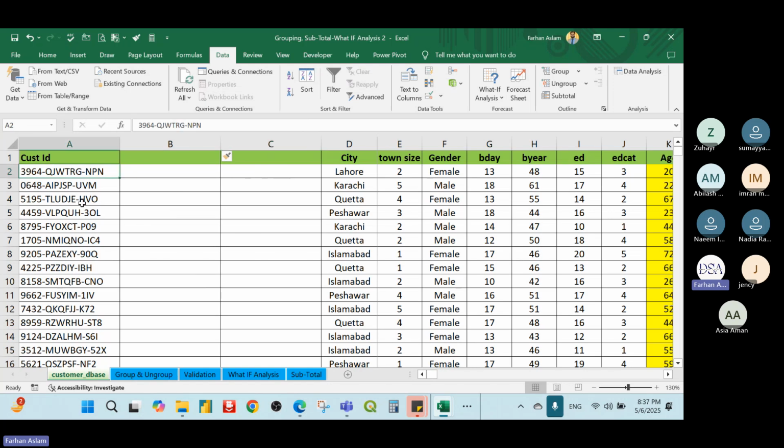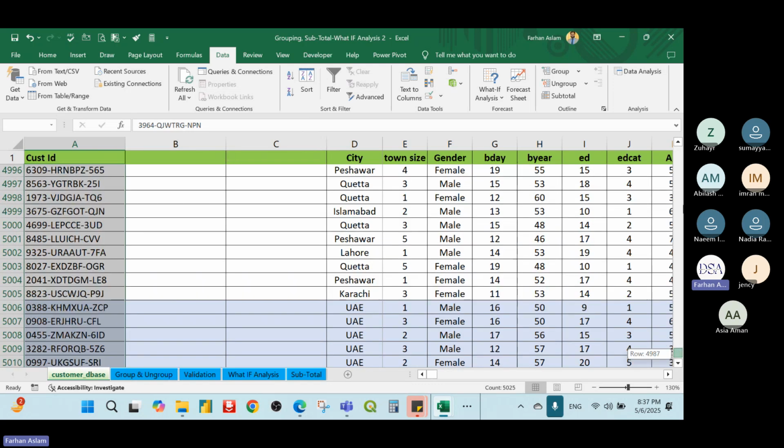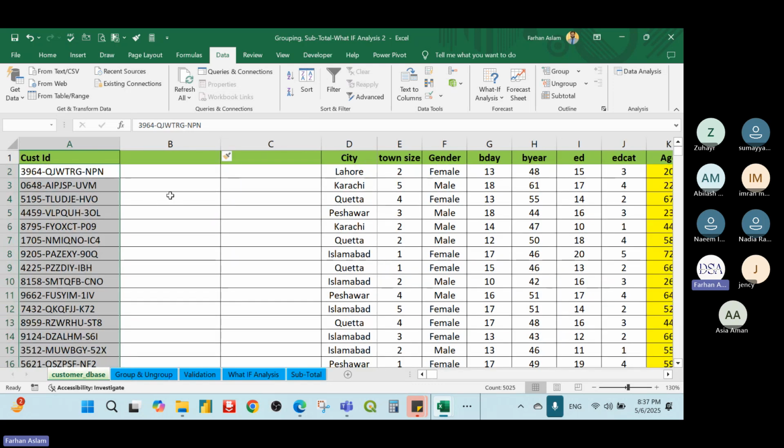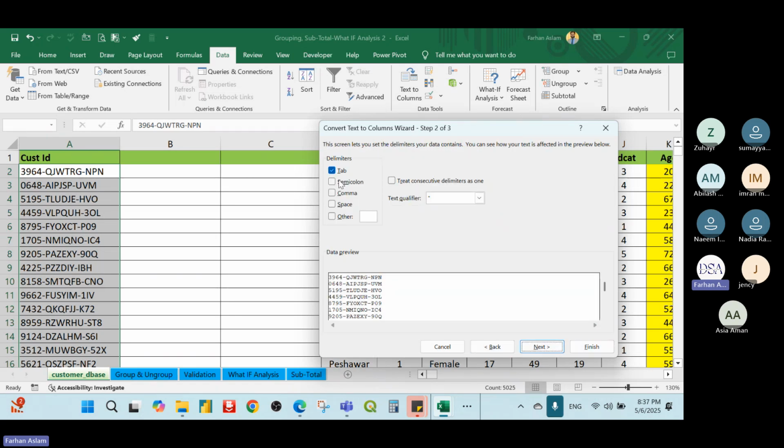I want to split this data into other columns because this key is very lengthy, and I may have to apply some formulas. So for that purpose, I select this area and go to text to columns, and you will find that delimited is already selected. So click on next. Here you will mention